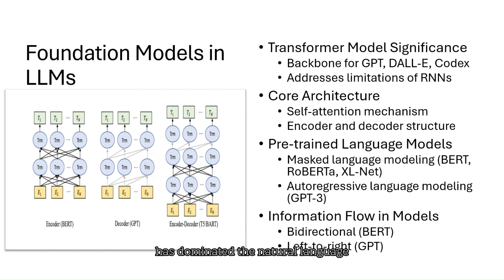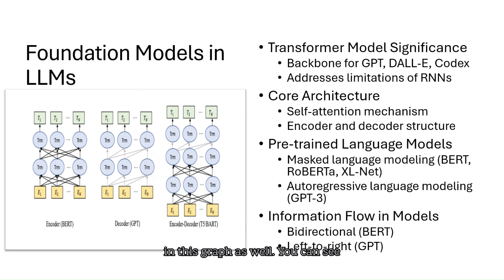Transformer architecture has dominated natural language processing with two main types of pre-training models based on the training data: masked language models and autoregressive language models. So a masked language model predicts masked tokens within a sentence, while the autoregressive models focus on predicting the next token given the previous ones. So the categories of the pre-trained LLMs, which you can see in this graph as well,